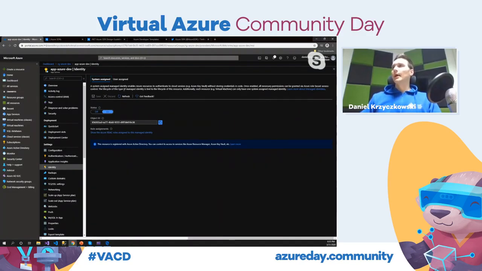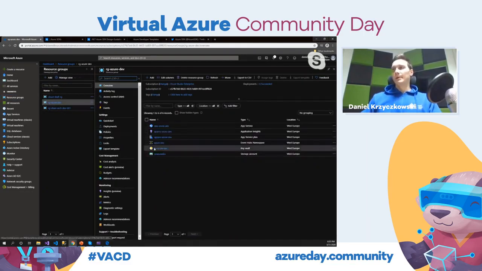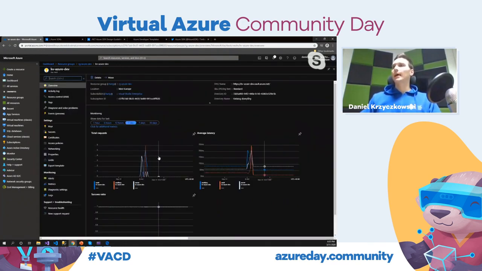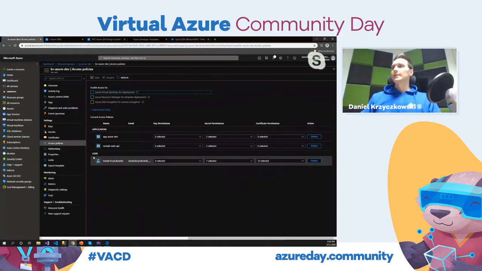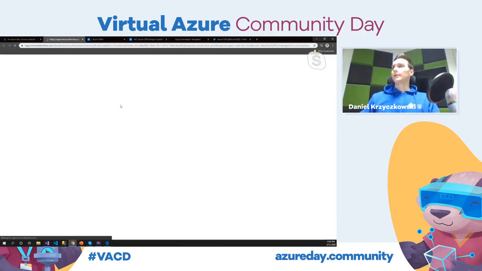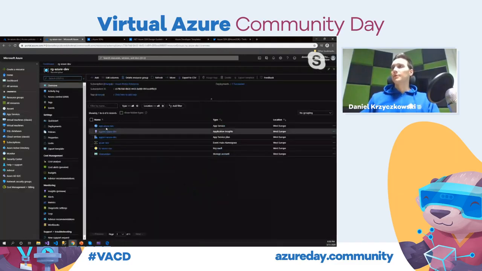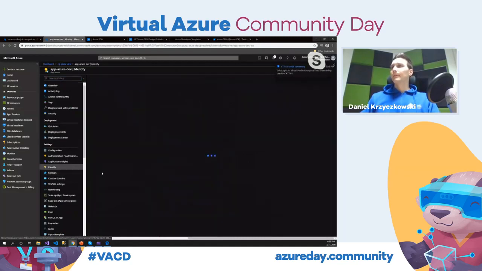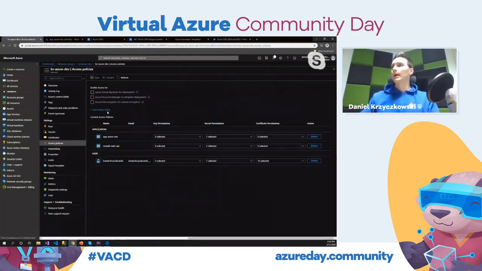So this web application has its own identity, and then if I go to the Azure Key Vault, I want to say that my application, this web application in Azure, will access secrets in the Key Vault. So here in the Key Vault, under access policies, as you can see, I registered my Azure web application here. Let me show you how I did it. I will just open another tab here, and let me load it quickly. Okay, great. So I have my web application, and I enabled identity here. I can copy this object ID, go to the access policies tab in the Key Vault, and click add access